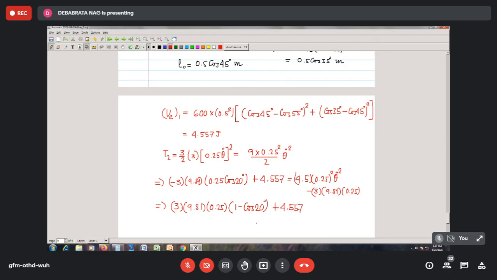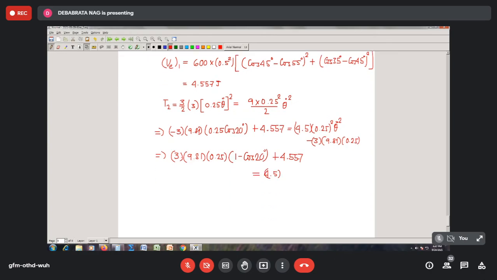Okay, this should be equal to 4.5 into 0.25 square into theta dot square. In fact, you can cancel the 0.25 and can further say this is 3 into 9.81 into 1 minus cos 20 degree plus 4.557 turns out to be